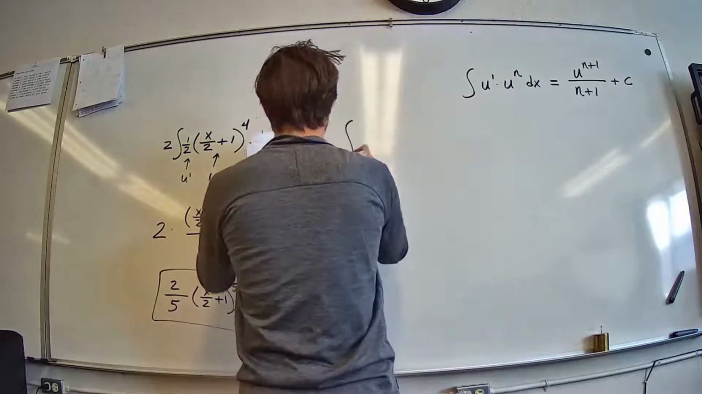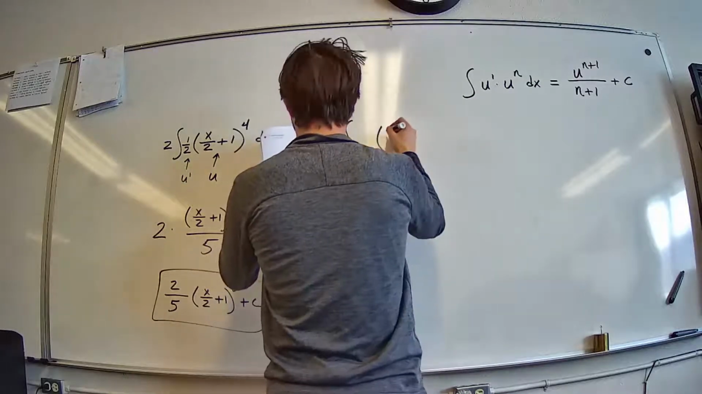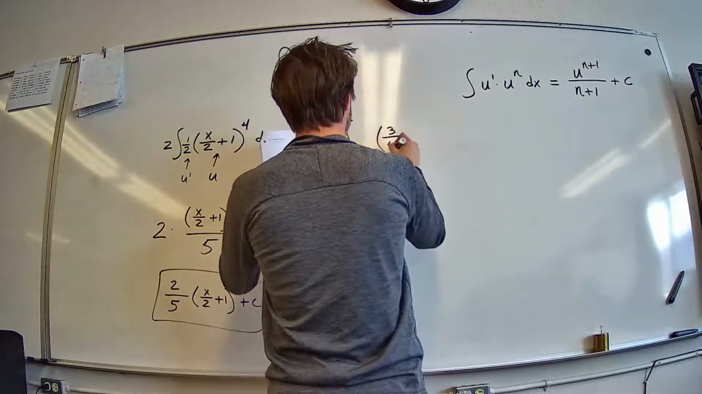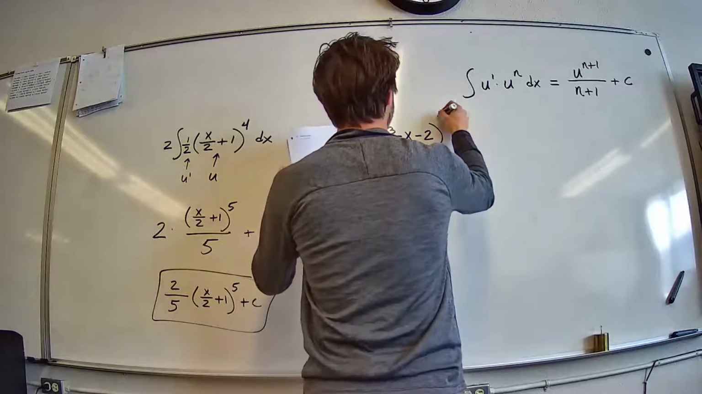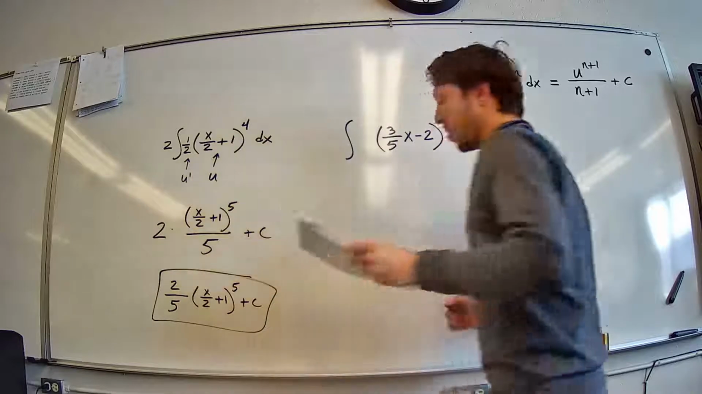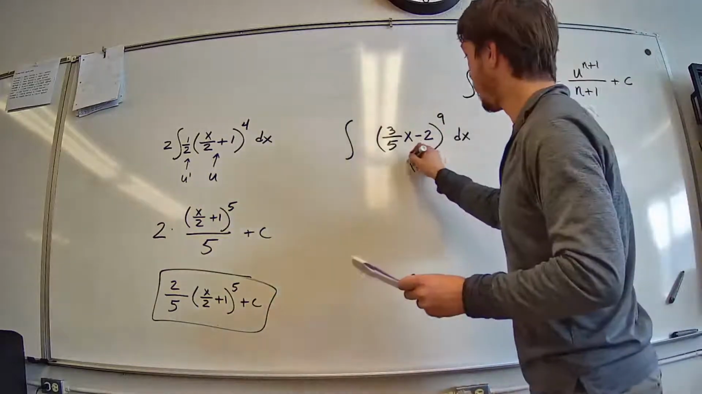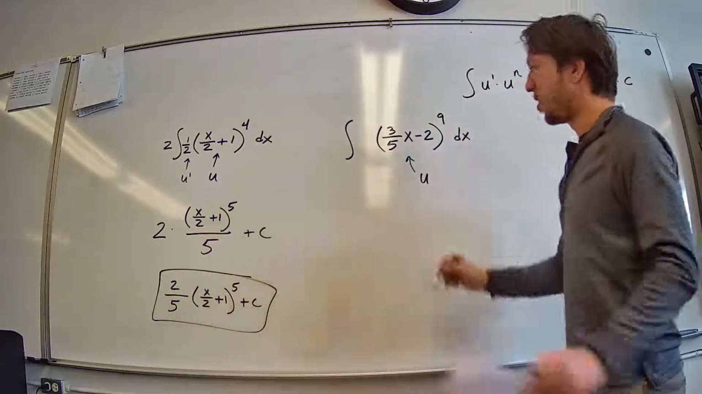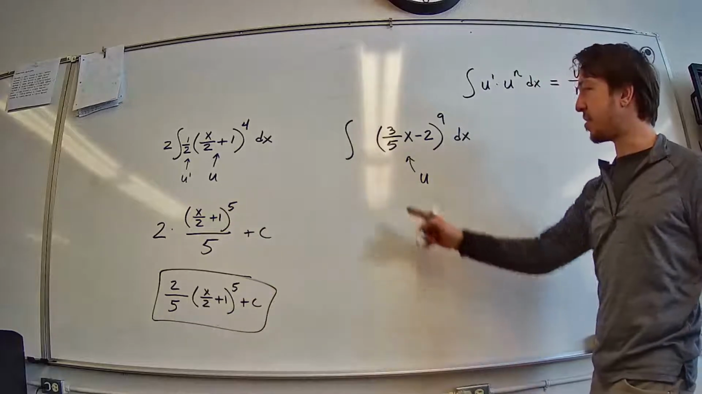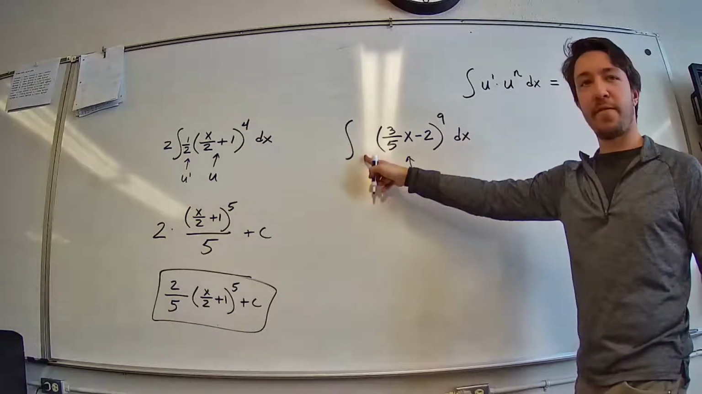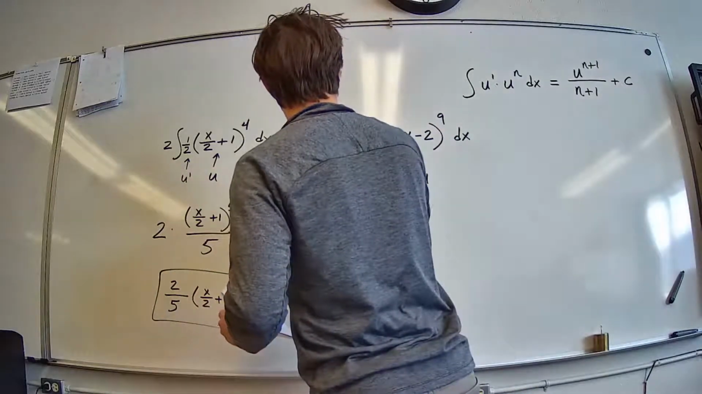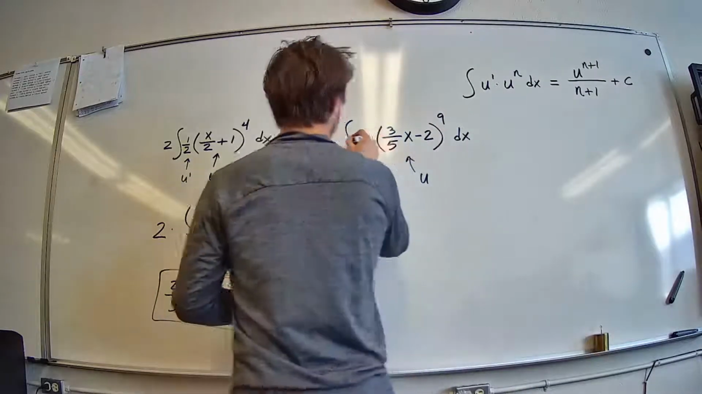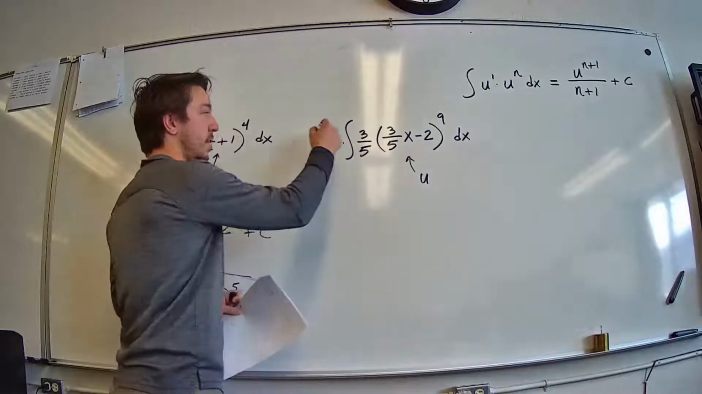Okay. Don't worry, guys. It'll click at some point through doing a few examples. I promise it will. Okay, this one. What's the u? 3/5 x minus 2. This guy. So it would be awfully nice if right there lived what number? 3/5. 3/5, which means I need to put 5/3